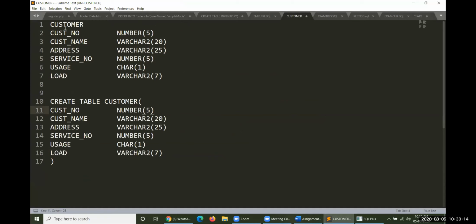Customer number of 5, which is actually primary key. If you want to create a primary key, then 2 primary keys are available here. This is also primary key, service number also be primary key. So first of all, we have to define unique here. I'll explain why unique has been defined here. Not null here, followed by address. Of course, maybe not null, may not be not null. It doesn't matter for us. Let us enter not null. And service number, it is also a primary key. First of all, we have to enter unique, then it is not null, and this is also not null.